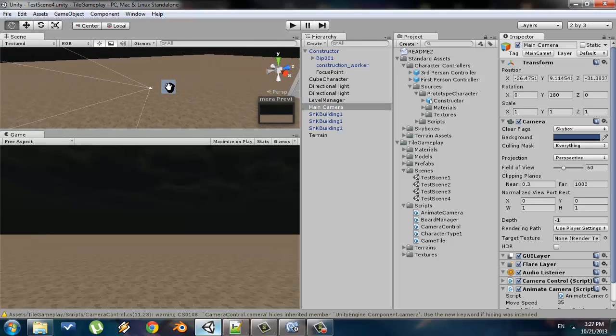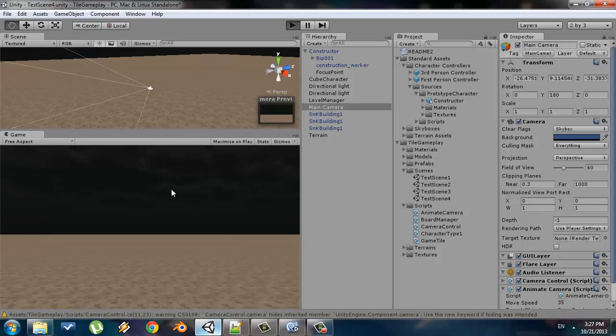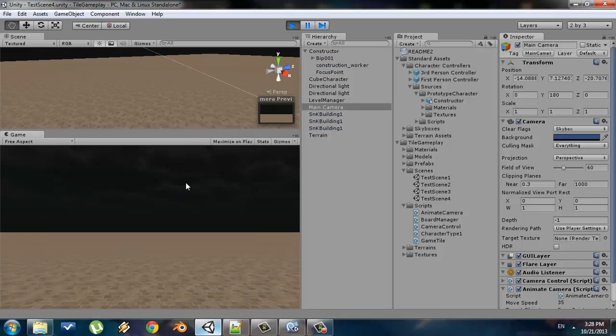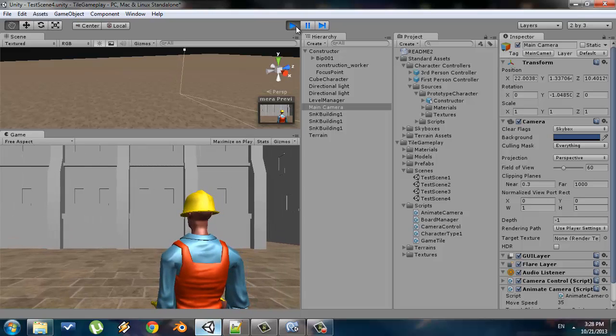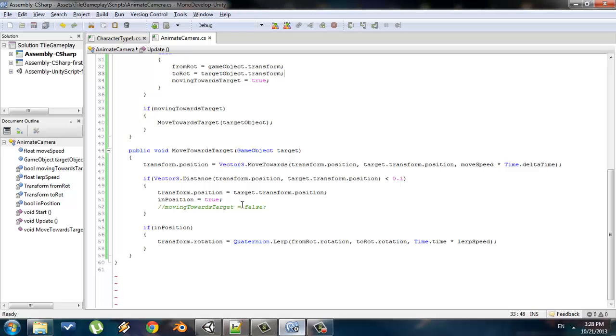Okay, so our camera's not facing the player. So when it gets to that point, I expect it to rotate. So let's go. Okay. So that worked. But we still have to set moving towards target to false, as well as in position,